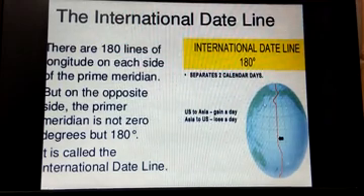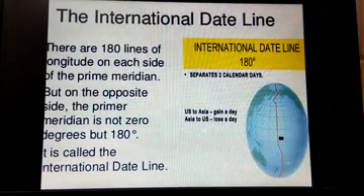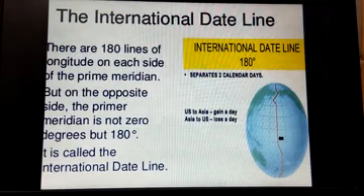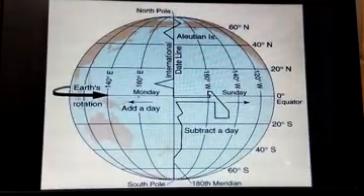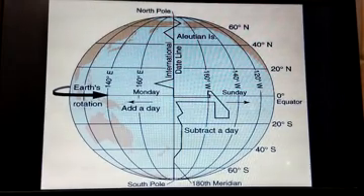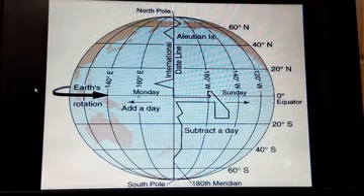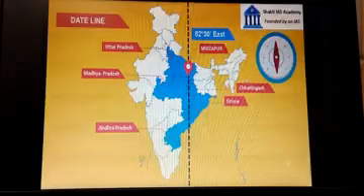There will be differences. You do not need to remember all these figures, but you have to know the shape of the international date line. It is quite confusing for you, but avoid these types of things. These are not important for exams. But see here, when you are going from this direction to this direction, you are adding 1 day. When you are going from west to east, you are subtracting 1 day. There may be several confusions on this diagram, but the best part is that you can Google it on your own.